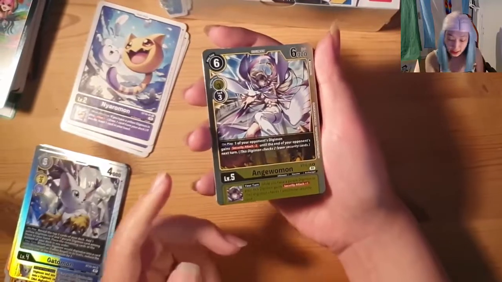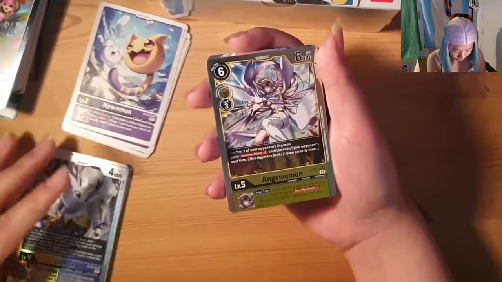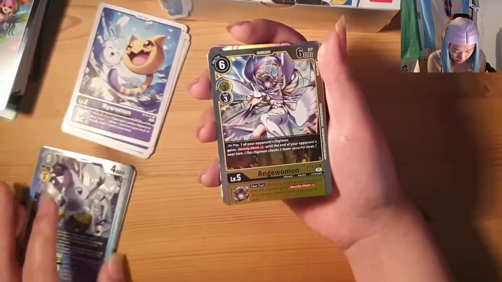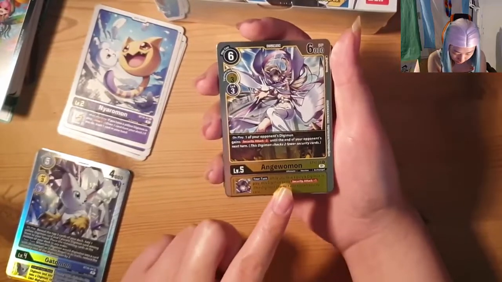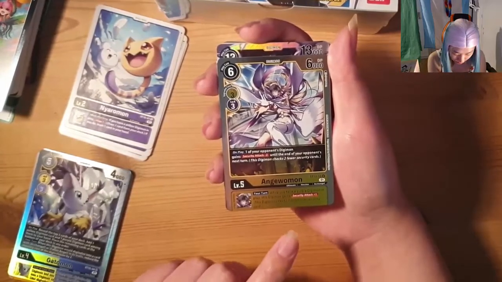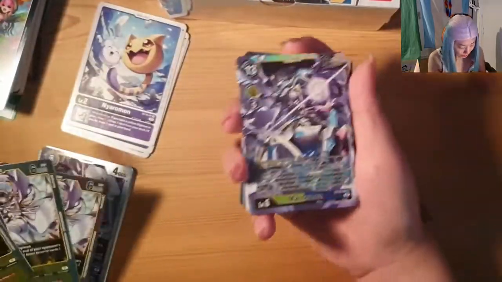Okay. Anti-Woman, entirely yellow. Can digivolve from both purple and yellow. On play, one of your opponent's Digimon gains security -2. And as inherited, while you have a purple Digimon in play, this Digimon gains security +1. Not bad, not bad. That can make the Masterman boss card really, really strong. And about the Masterman boss card,